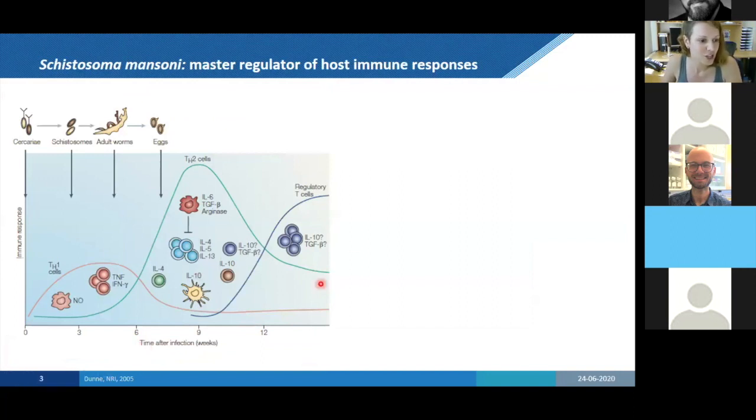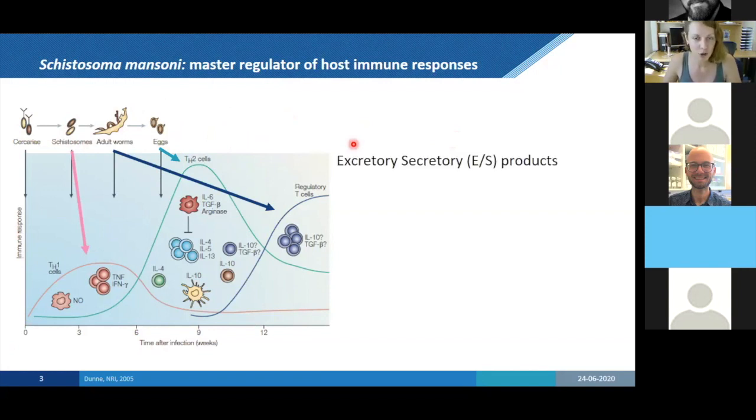And the immune modulation that is mediated by these parasite life stages is that during the initial phase of infection, so with the schistosomula, there's a mild Th1 response observed, and the eggs actually have been able to induce a really strong Th2 response, and the adult worms have been associated to the upregulation of the regulatory arm of the immune system, also mainly during a chronic infection. And part of these effects have been attributed to the excretory secretory products these different life stages release.